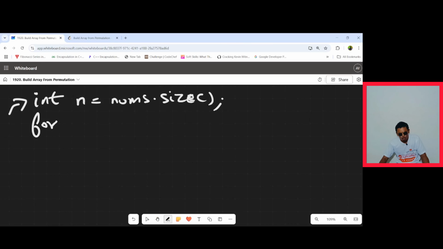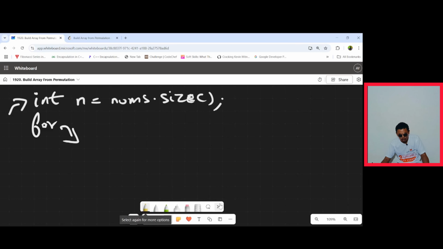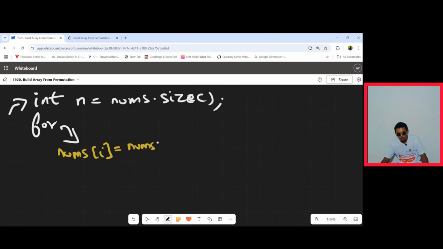Obviously, you go inside a for loop, and in that for loop you apply the logic we have just discussed, which is nums of I is equal to nums of I plus any random max value